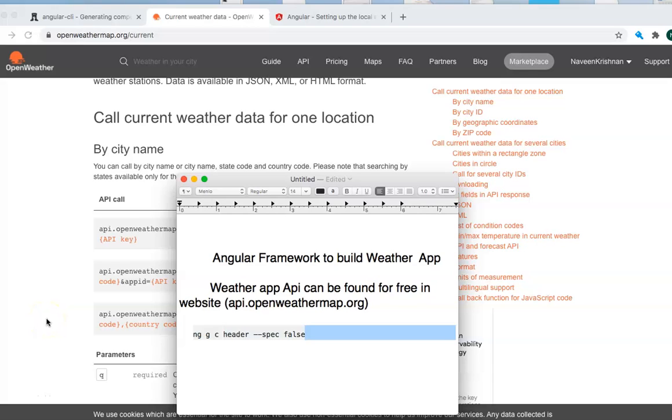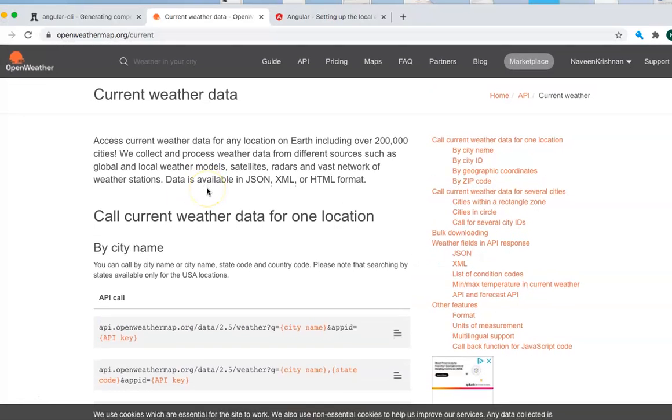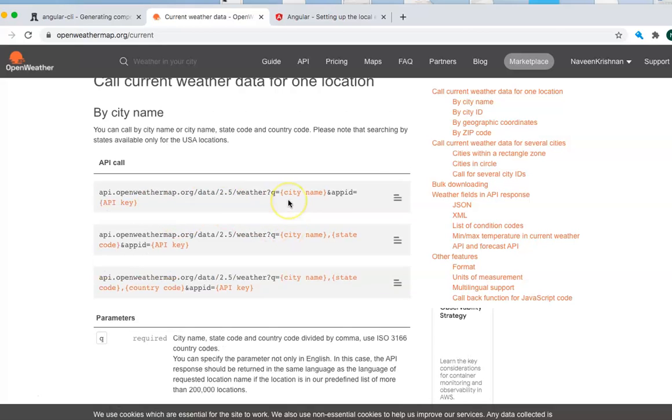Hi, I'm just going to talk today about the Angular framework to build a weather app. I'm using an API website, which is at openweatherapp.org. It is a free API through which you can hit these APIs to get the weather of a particular city. So this is the website that I'm using, and you can see that the APIs are free, and all that